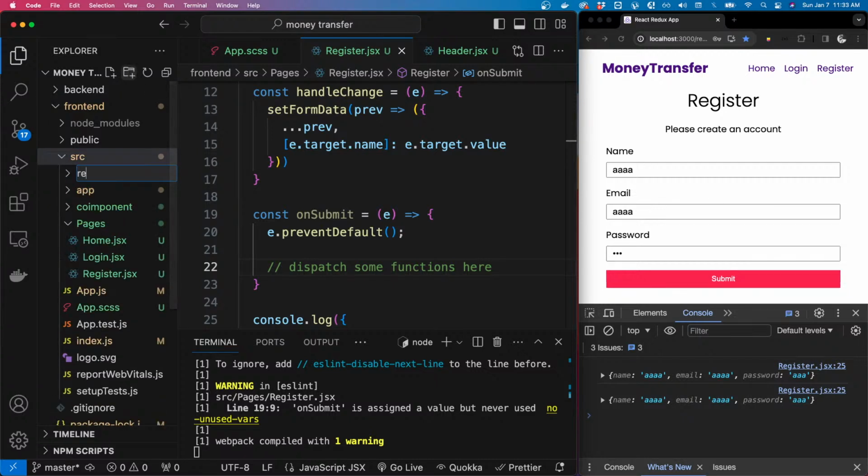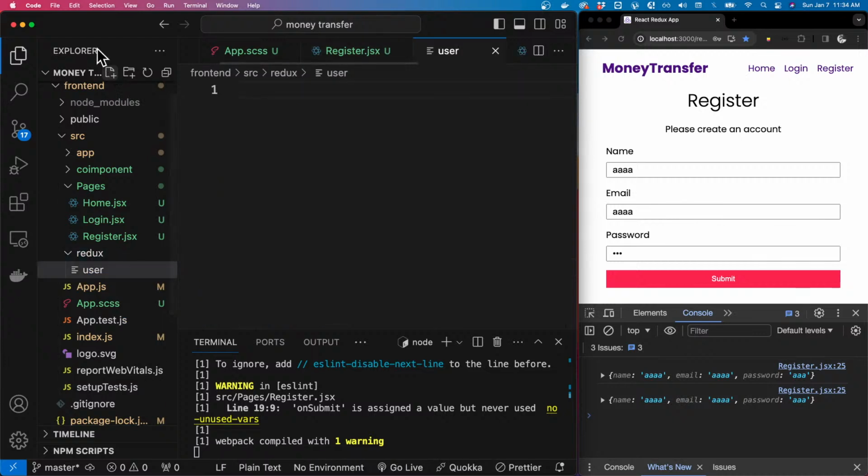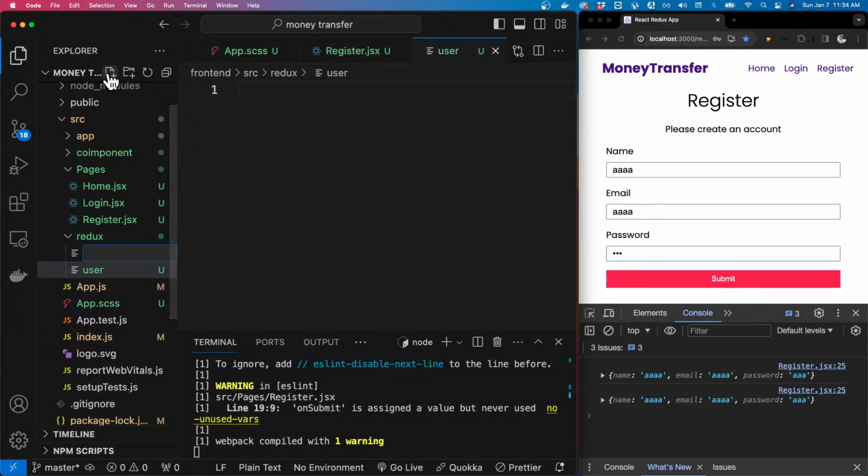Then we have a user slice. I want to use a user folder, because we have other ones like transfer and then account slice. So let's create a user